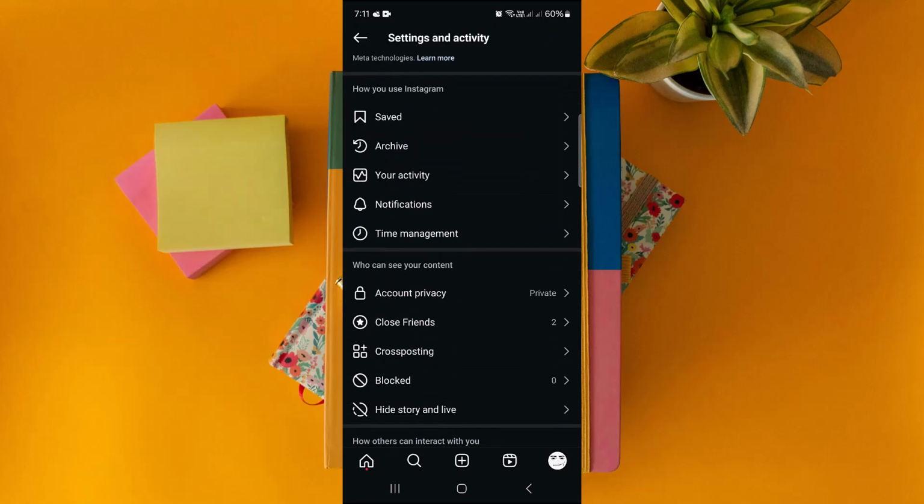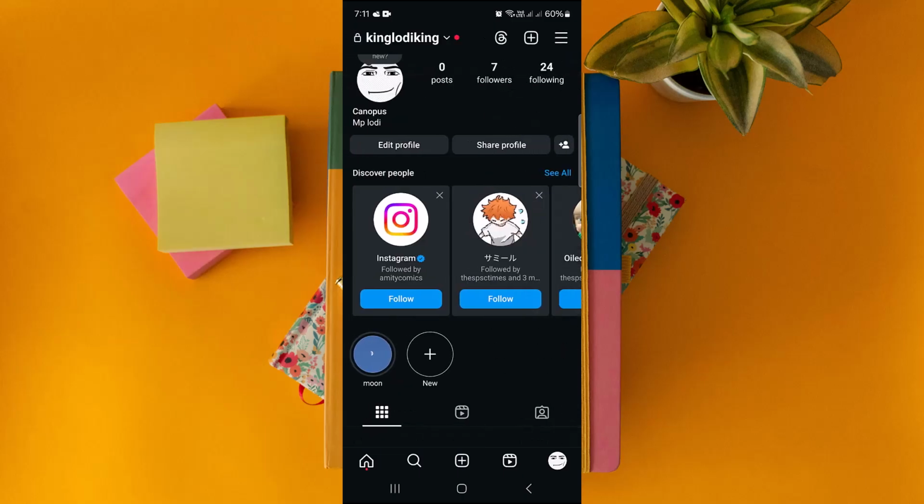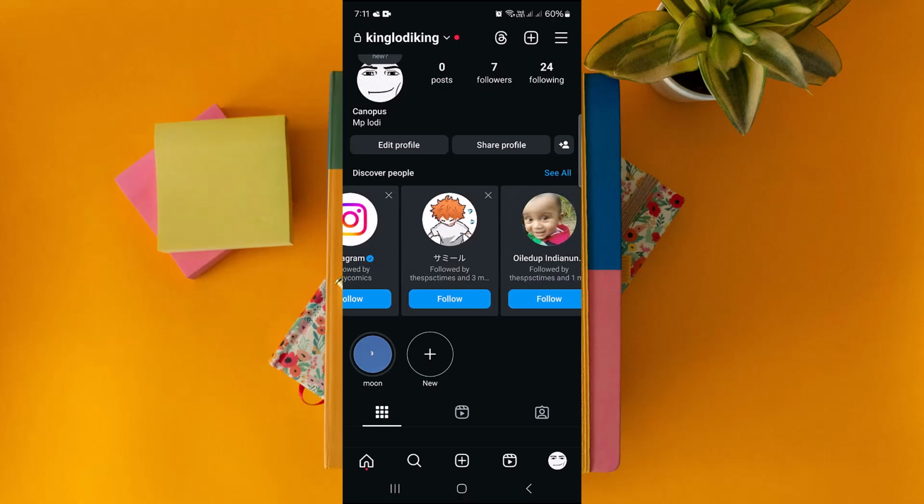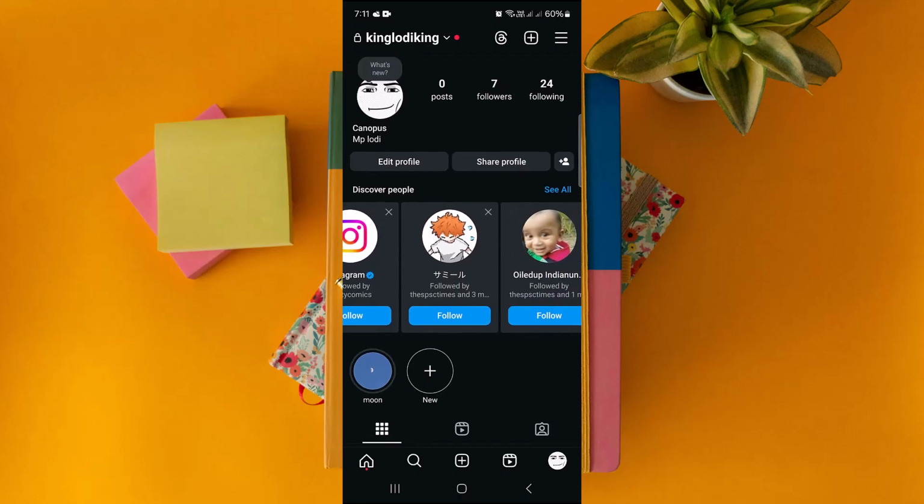As we know that if our account is private, then no one can see our following list. But the people who already follow us and we follow them, they can already see our private following list. So if we want to just make one people so that they can't see, so you have to just go